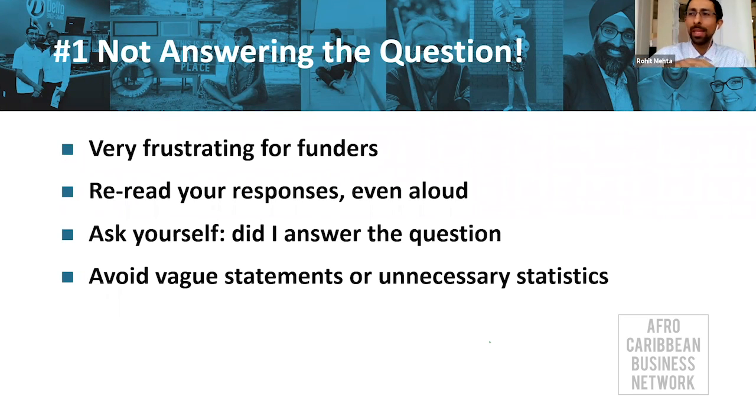And any statements, any opinions, if you believe that poverty is a serious issue, or poverty is the biggest issue faced by our youth today, try not to include that in the application, because a lot of times they don't want to know your opinion, right? The funder wants to know the facts. They want to know statistics. They want to know what's happening on the ground. They want it to be proven. So please make sure that you avoid any statements that are vague, or a statement that is an opinion as opposed to fact. If you do that, I guarantee that you'll have more success.